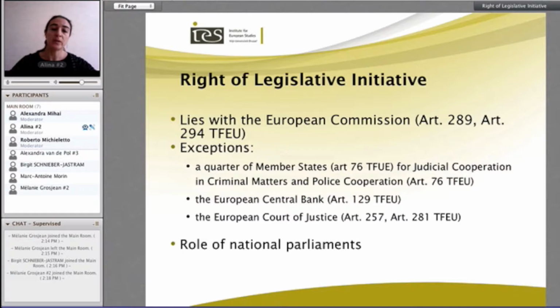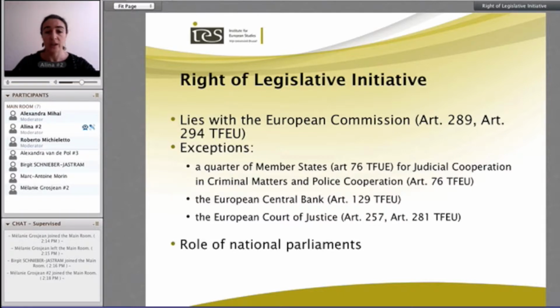Which is quite crucial also with regard to the legislative initiative. That's the role of the national parliaments. That's also an innovation brought in by the Treaty of Lisbon. We did not have this before, so right now when the European Commission prepares a legislative proposal, then this legislative proposal is sent out to all national parliaments, and they have 8 weeks time to examine whether the principle of subsidiarity has been adhered to. And here, for instance, if 1/3 of the national parliaments contest this decision and say, well, the principle of subsidiarity has not been adhered to in this regard, then the Commission has to re-examine the proposal and actually bring in a justification.